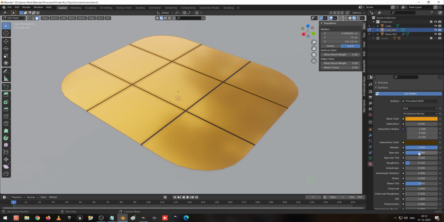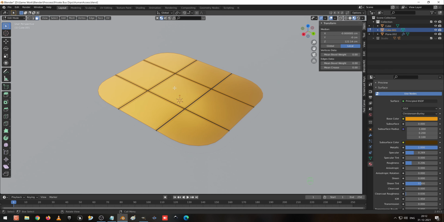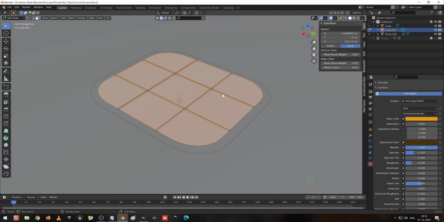Okay, and I'm going to reduce the specular a little bit, and the roughness I'm going to reduce a little bit down, no, a little bit up. Okay, I go to the solid view.